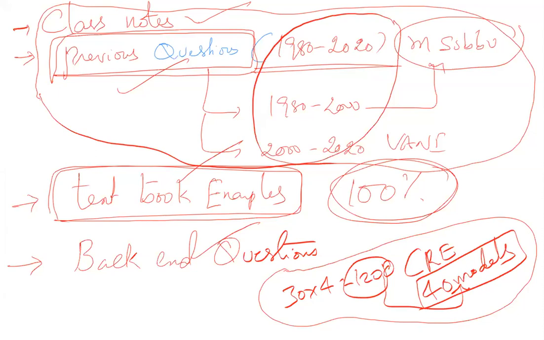Somebody is asking that the 11th chapter examples are tough. That is why I'm saying you should not read all the examples. Read some of the easiest examples. Some of the examples have 2 to 3 pages of solution, so they may not be required for the GATE exam.